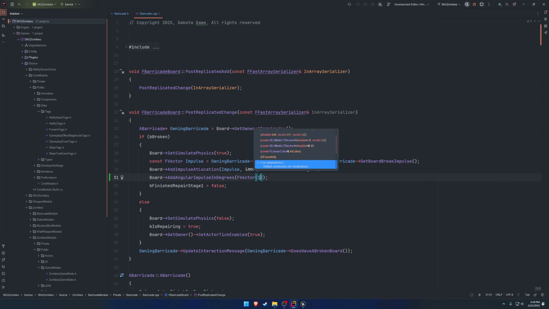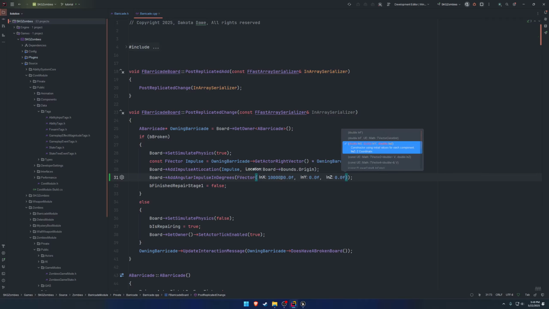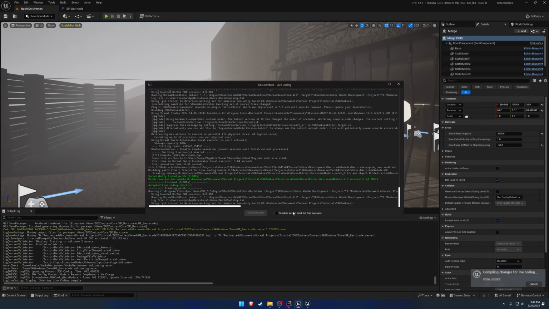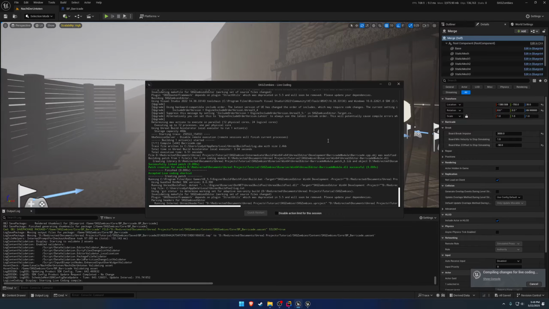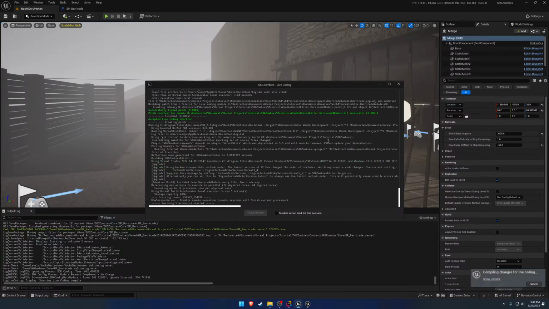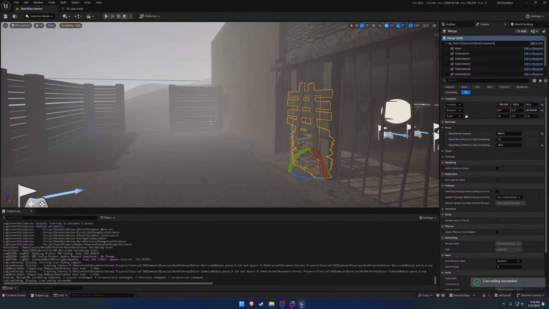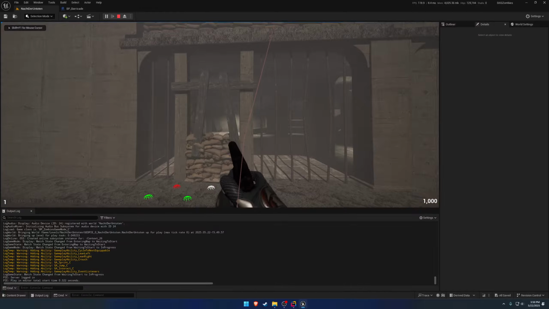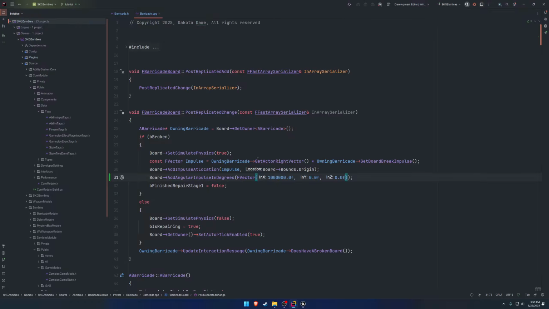So starting with the X, let's try, I don't know however many zeros that is. So 1,000, yeah. So we're going to start there. So let's go ahead and run our live coding and see if we have any result. Okay, let's go ahead and press play. And we do have a slight rotation. If you can see, they're going counterclockwise from this angle. So if we say double that,